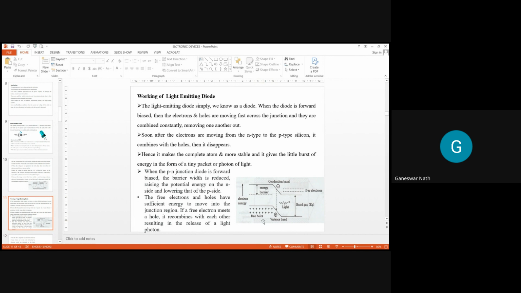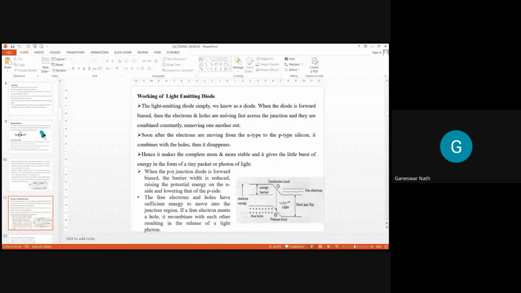charge carriers from the P region to the N region, and you can see another region there. This is the free electron, and this is the free hole, and this is the electron energy, you can say, and this is the valence band, and this is the conduction band here. So the light